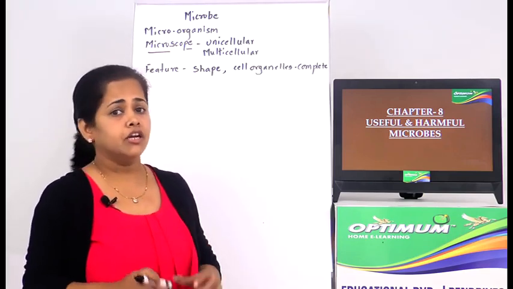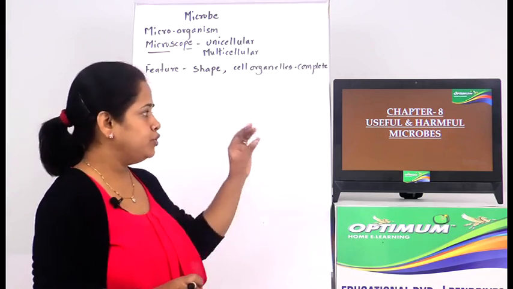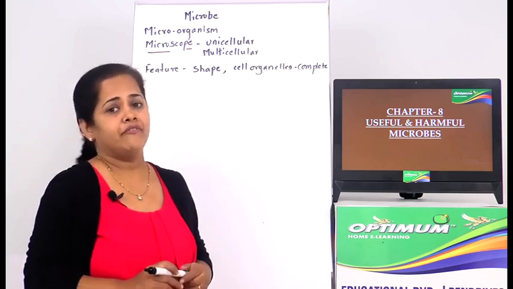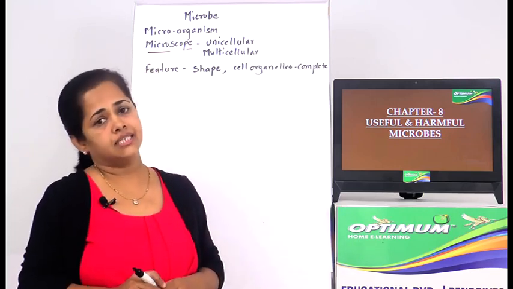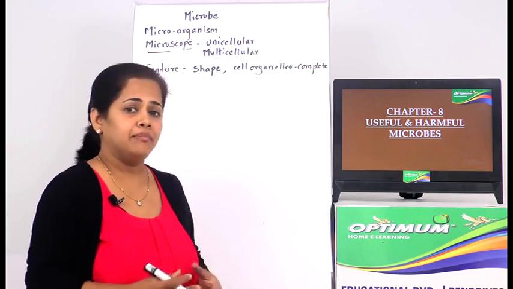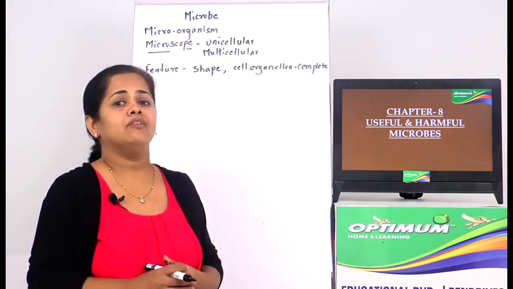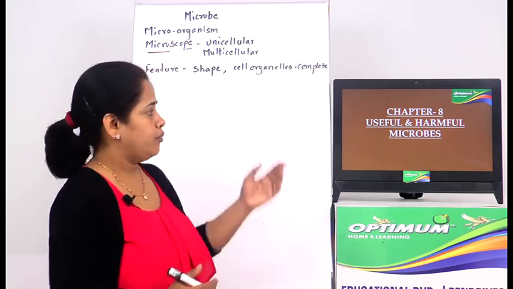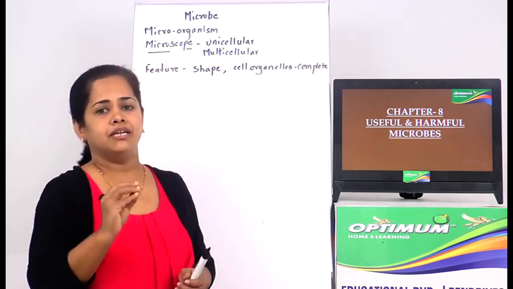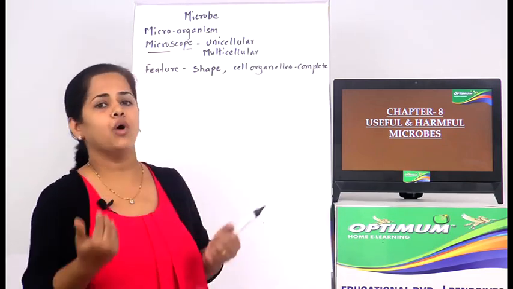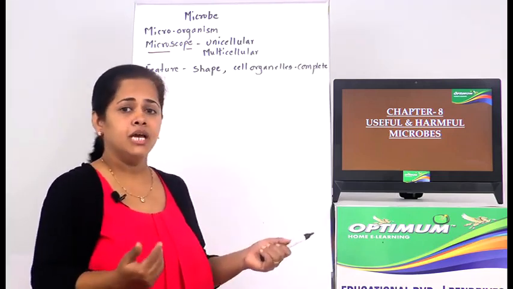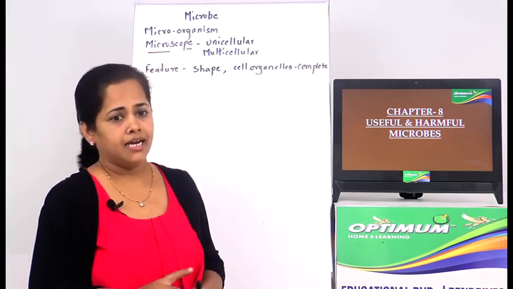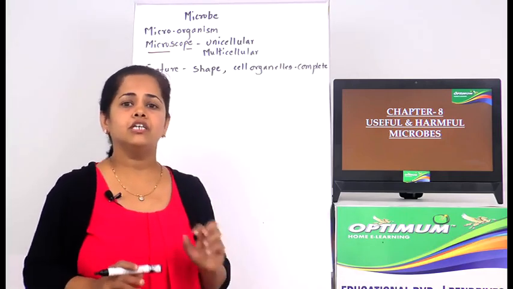In this unit particularly, we will be talking about a few useful microorganisms, that is microbes, and a few harmful microbes. We will be covering their structural details, that means how they look, what their body parts are, how they support themselves, how they live. Then we will talk about their relation with humans, and how they are helpful to humans. Now when we say useful, we are limited to how that microbe is useful to us. And when we say harmful, we will be limited to how that particular microbe is harmful to us. Right? So let us now begin with the first useful microbe,